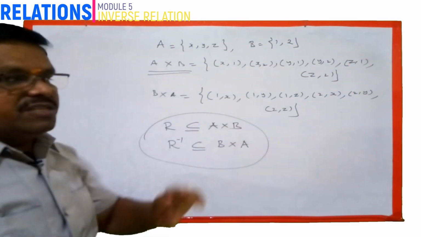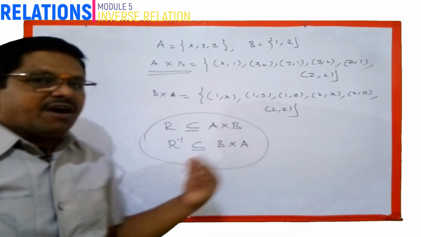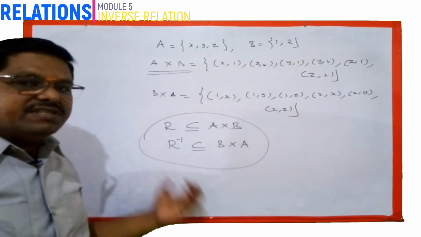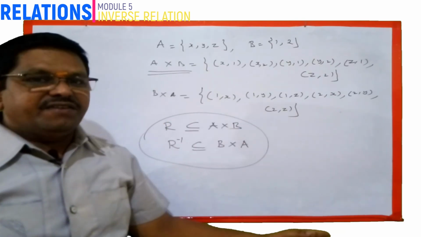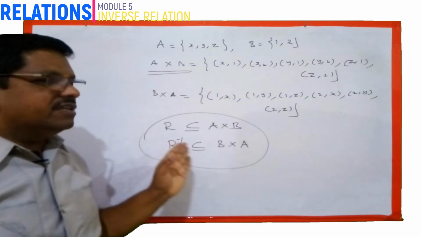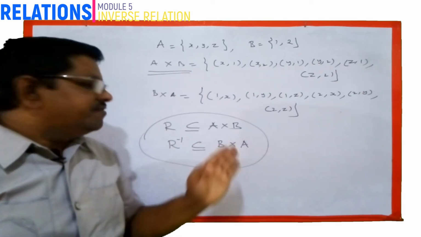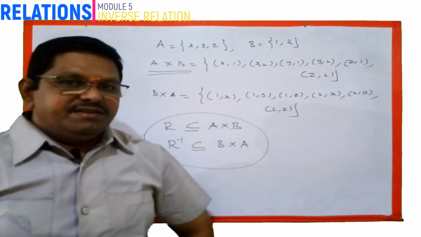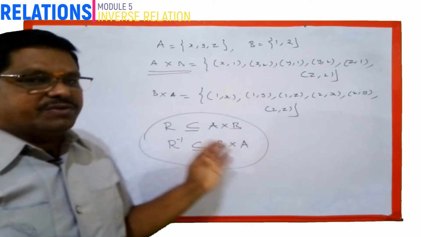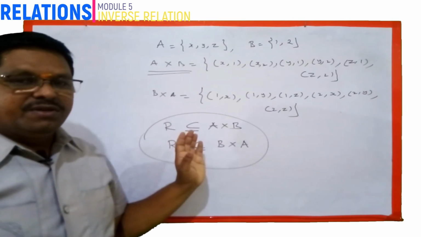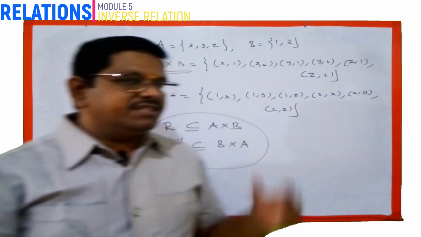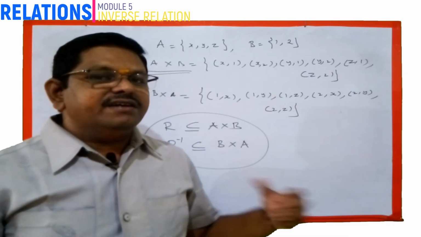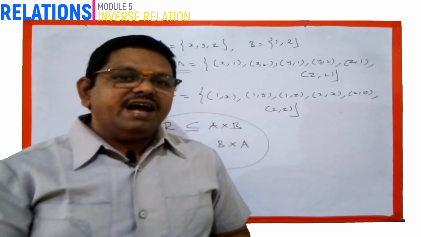So the difference between R and R inverse is, in the inverse relation we will have the elements from B cross A, whereas relation R is consisting of the elements which are present in A cross B. This is the only concept you have to understand finally. So in our next module we will discuss the problems related to this inverse relationship and equivalence classes and other models.